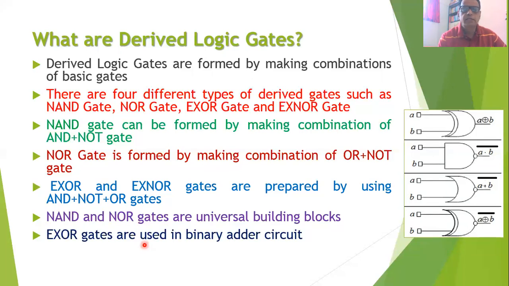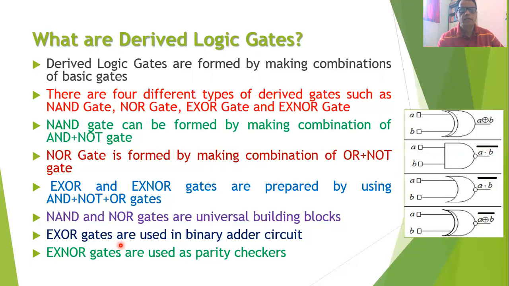You will find that the exclusive OR gate is also very useful. The earlier OR gate that we have discussed in the basic gate is being called as an inclusive OR gate. But inclusive OR gate is not useful whenever we want to perform the binary addition. So whenever the adder circuit is to be built, then in such a case, you will find that we will need the exclusive OR gate.